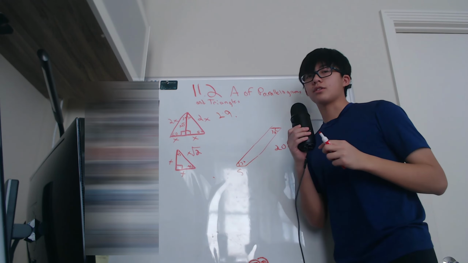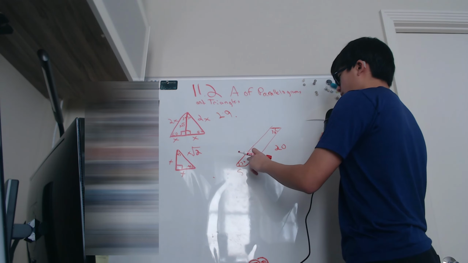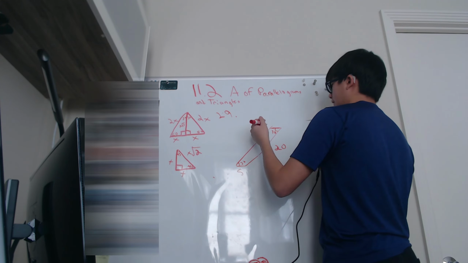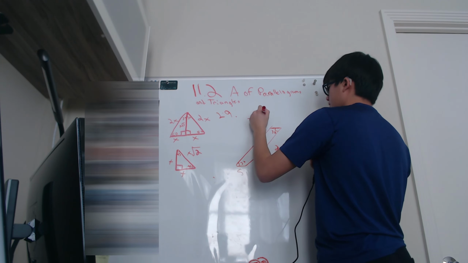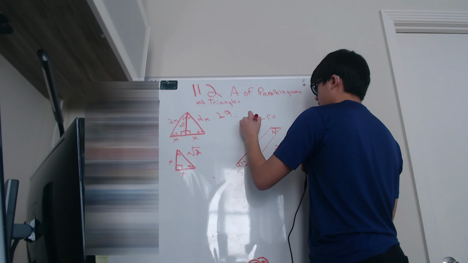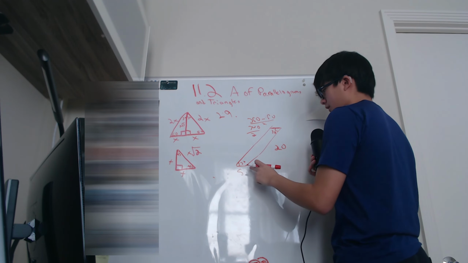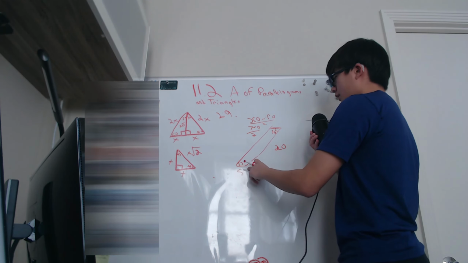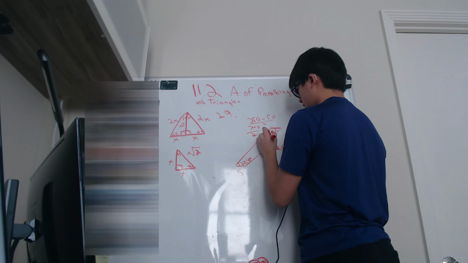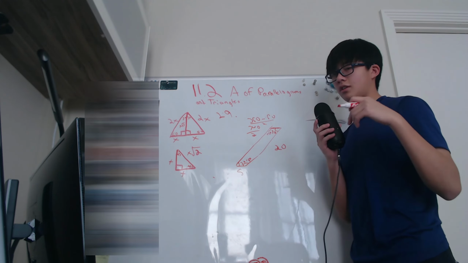What else do we know about quadrilaterals in general? All the interior angles will add up to 360. Now, if we know this angle is 30 and this angle is 30, these two angles have to be congruent. It has to be 360 minus 60, which is 300, divided by 2. 300 divided by 2 is 150. So we know this angle right here and this angle right here are 150. And to double check, 150 plus 150 is 300, 30 plus 30 is 60, 300 plus 60 is